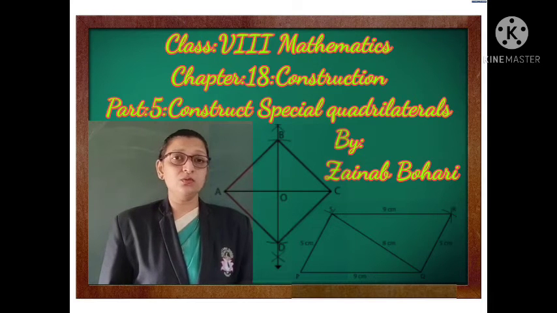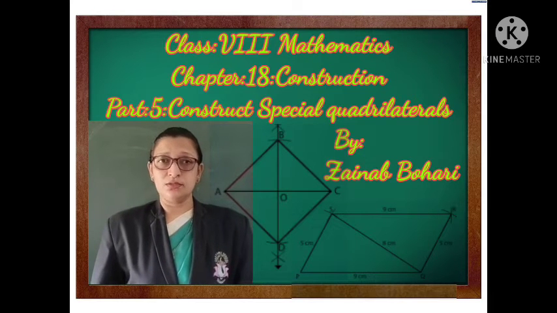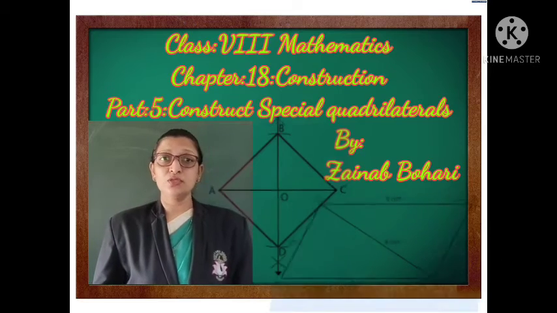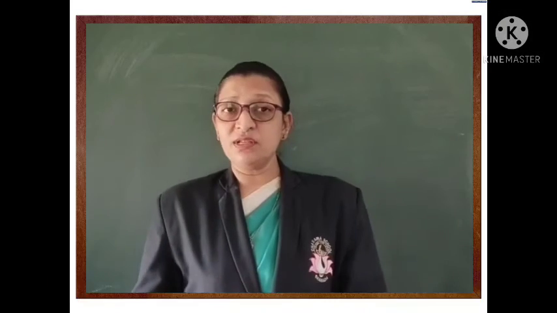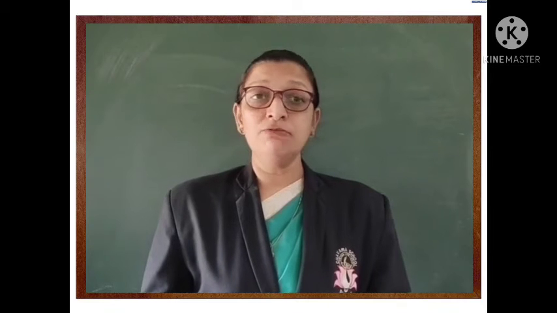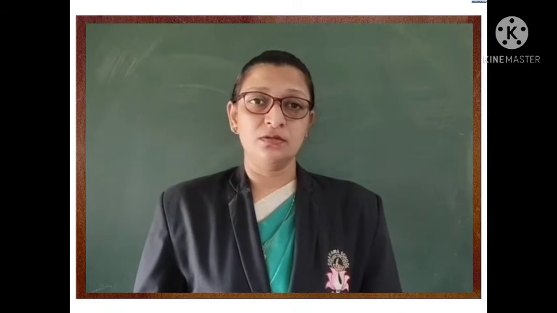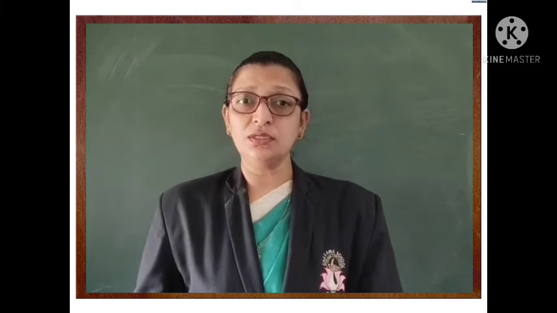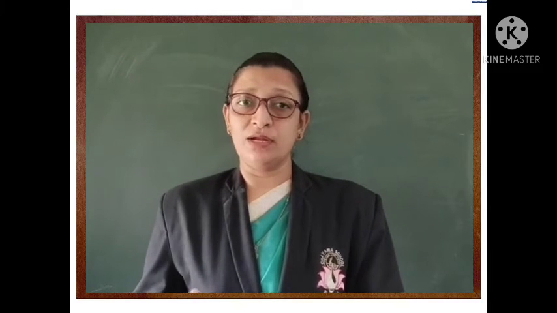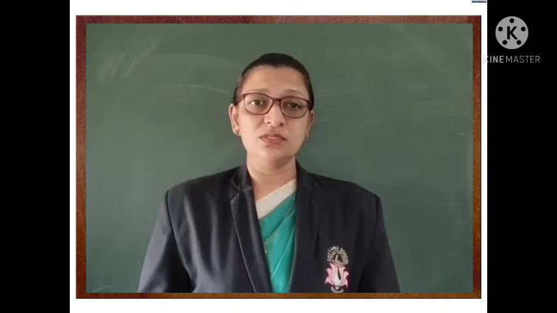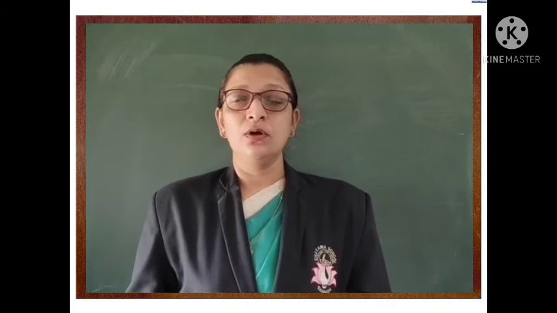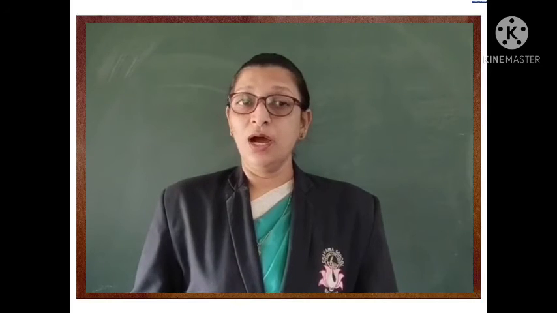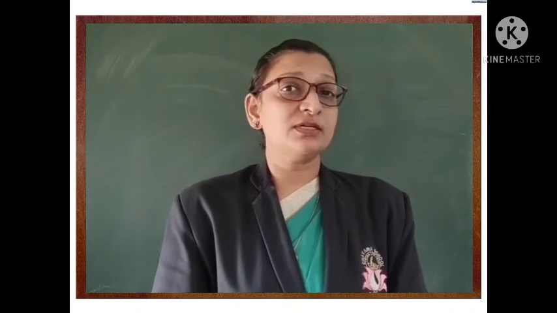Today we are going to continue chapter 18, constructions using ruler and compasses only. In the previous lesson we have learnt about different types of quadrilaterals. By using their properties we will construct special types of quadrilaterals. So dear students, have a look at this animation which will guide you how to construct the special types